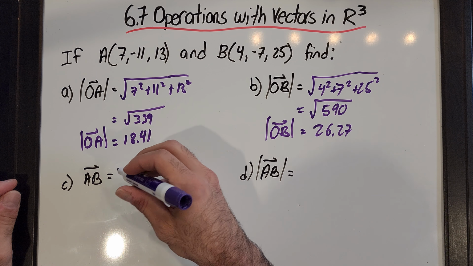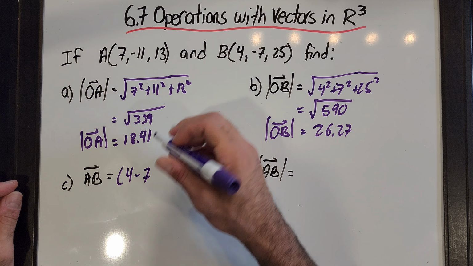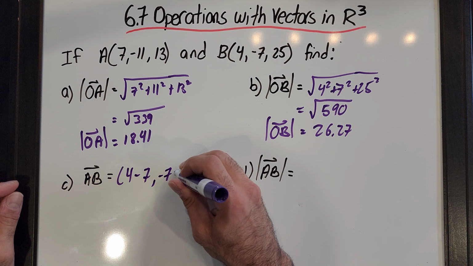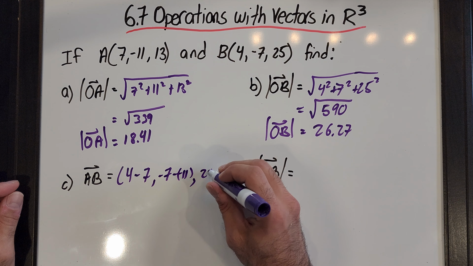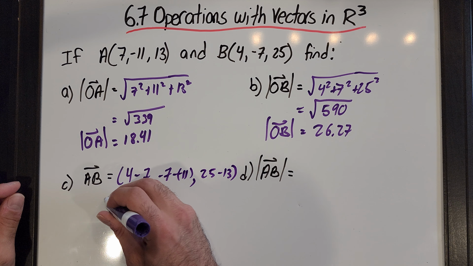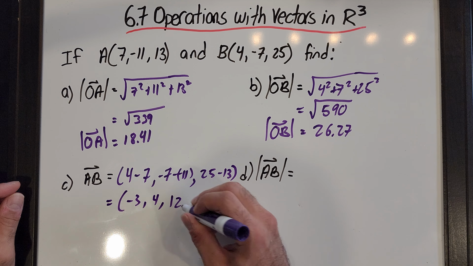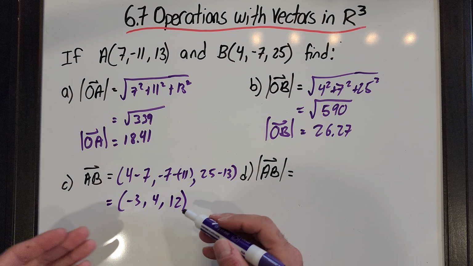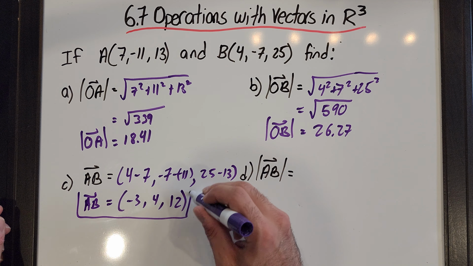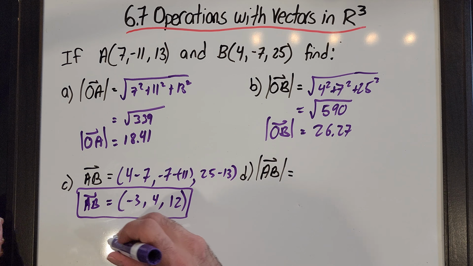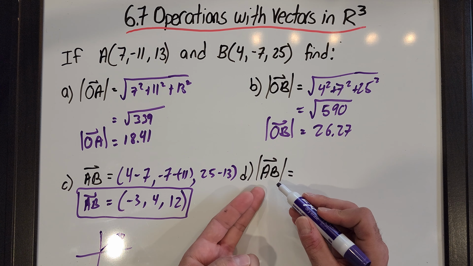So to find vector AB, I have to do 4 minus 7, negative 7 minus negative 11. Be careful there. And 25 minus 13. And that's going to give me negative 3, 4, 12. Now, this is vector AB in space. If I position that, wherever it is, and I connect it with the origin, I can now find its magnitude